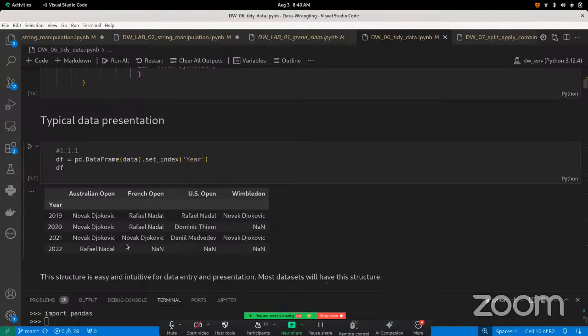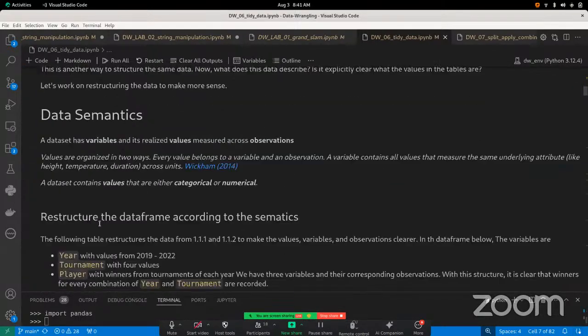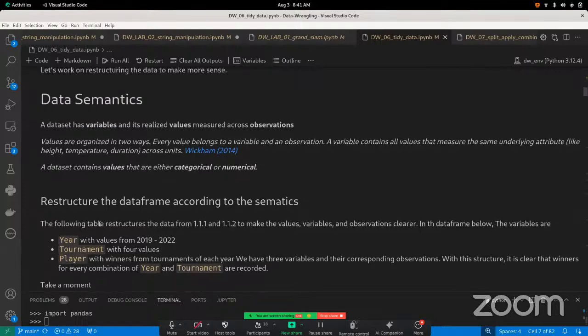Srirang mentioned, exactly, there are three variables in this table, or in the table before, right? So we have the year. The tournament is another variable, and the player is another variable, right? So actually there are three variables in this data set. However, they are arranged in a way that is not very intuitive, right? So when we talk about tidy data, we want to make sure that